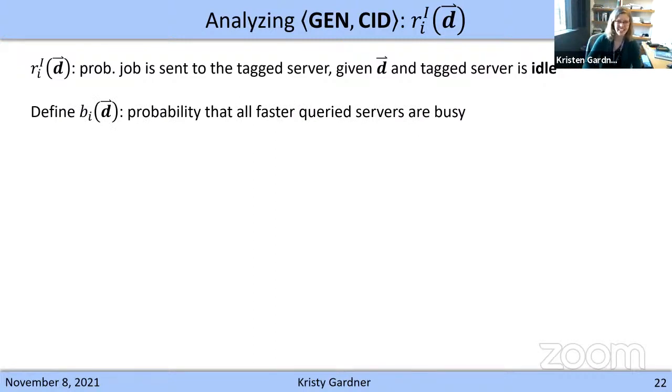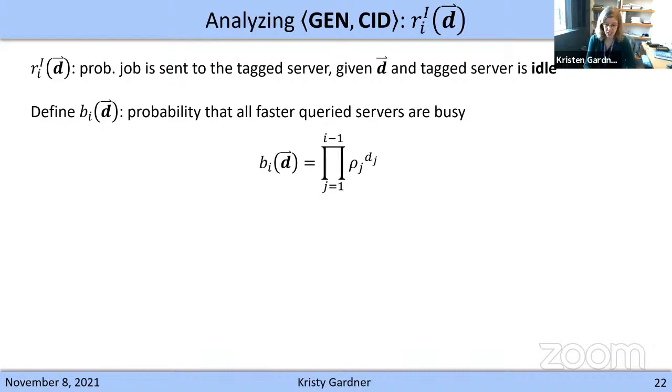This is B_I of D, and this is the probability that all faster queried servers are busy. This is an important quantity because, remember, according to our pruning of our assignment rules, we are only going to send the job to an idle class I server if all of the faster queried servers are in fact busy. We're never going to send the job to a slower idle server over a faster idle server. So using our assumption that all of our server states are independent, we get that